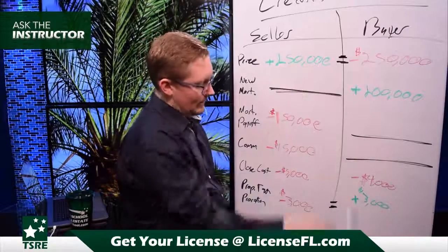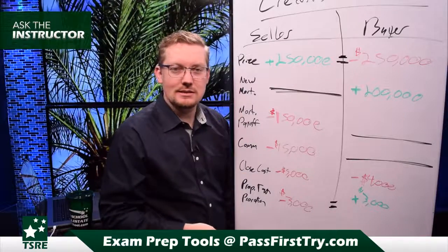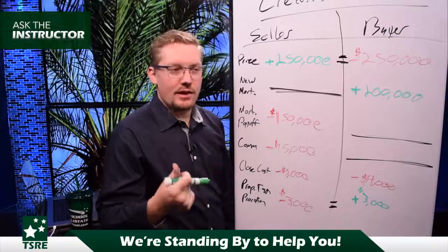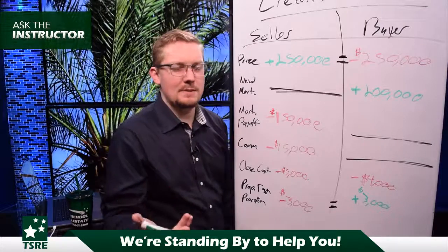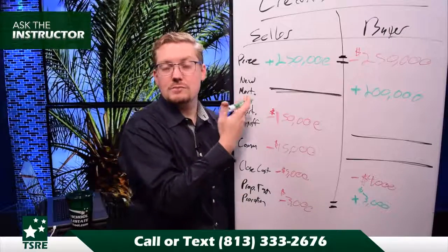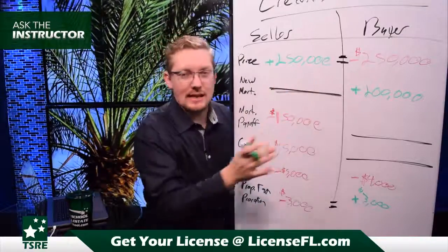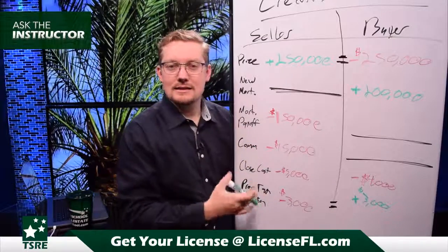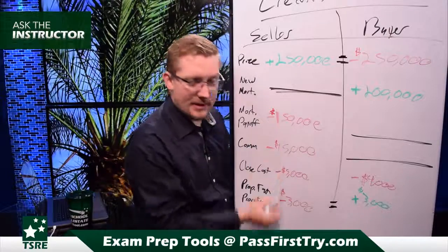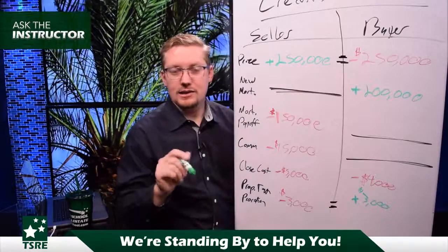So again, you can see that most of the things for the seller are going to be debits. Really, the only other thing you'd have that is going to be a credit is if they've prepaid for something. If they prepaid for maybe HOA dues, or there could be some prorations maybe that do give the seller a credit. But usually the only credit the seller's getting is the price, for the most part. That's the biggest one, at least. And then everything else is debits, eating away about of that $250,000 for what they're going to be able to